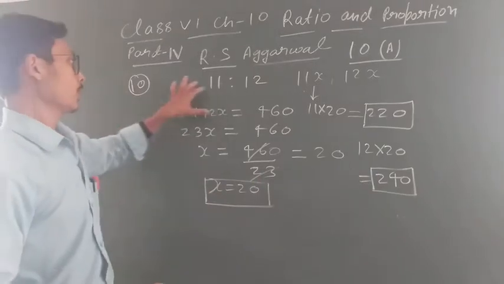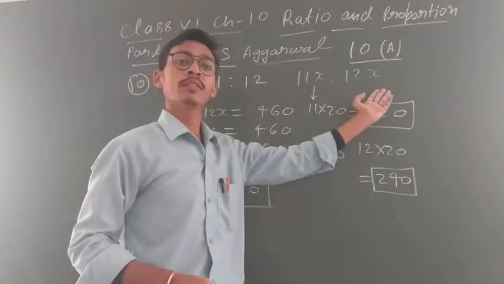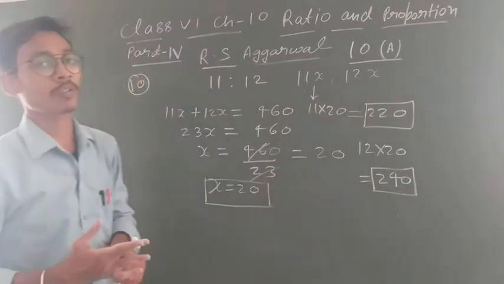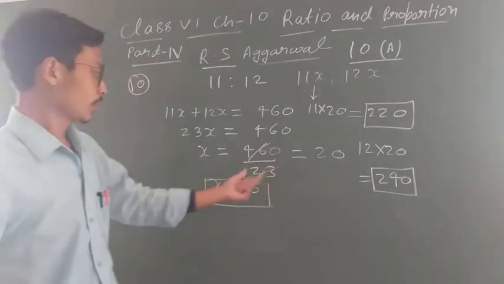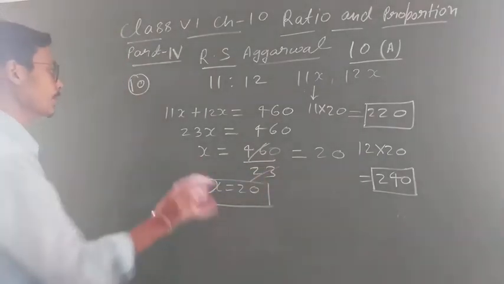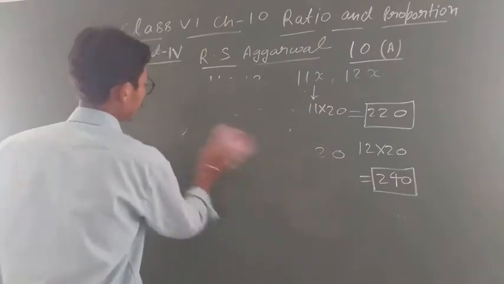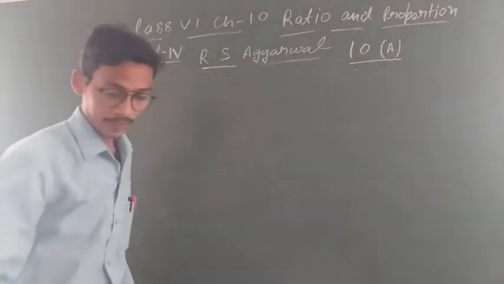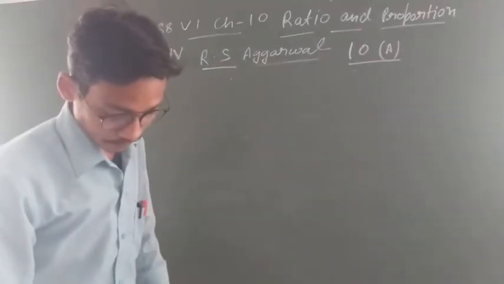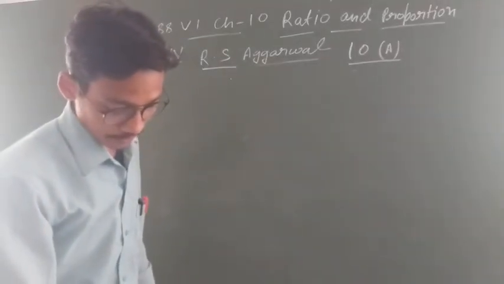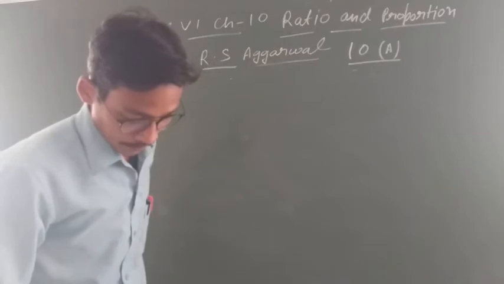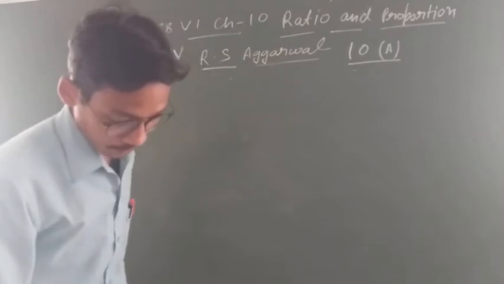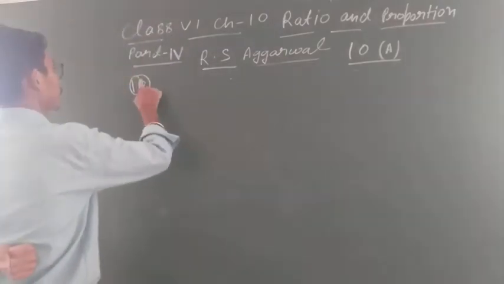So look, the ratio is given. We will convert it into x because in a ratio we don't know the actual value. Clear? So by this you can solve this question, students, when the sum is given. If subtraction was given in place of the sum, you would have to do subtraction. Okay? Come on, next. The next question is question number 15.